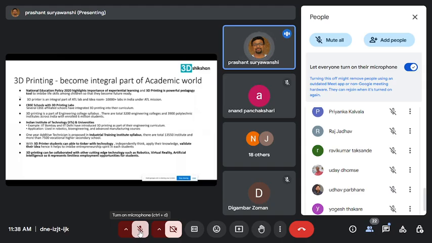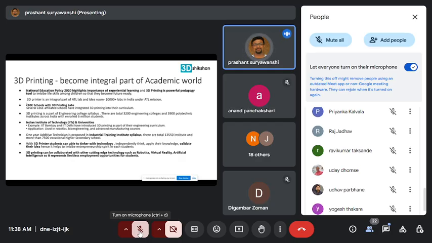Okay, so 3D printing has now become an integral part of academia. As you know, like ATL labs, Atal Tinkering Missions. They have identified the importance of the technology, and now across pan India there are 12,000 plus ATL labs they have set up for school children, I mean for the schools. Similarly, idea labs are there for engineering, and I think for polytechnics also it may be applicable. There the 3D printer is inherent, along with robotics and all. So it is an integral part of that.